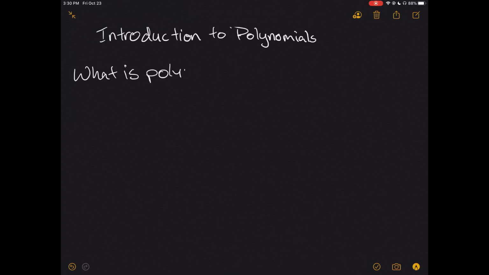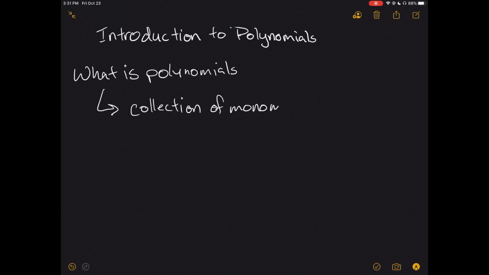So we're going to talk about polynomials. We've already talked about them a bit. Quadratics are a form of polynomials, as are linear functions and that sort of thing. And a polynomial is just a collection or a string of monomials, right? And a monomial is just a singular term, okay? A monomial is like, if you think about something like 6x maybe, or something like that, where it is just